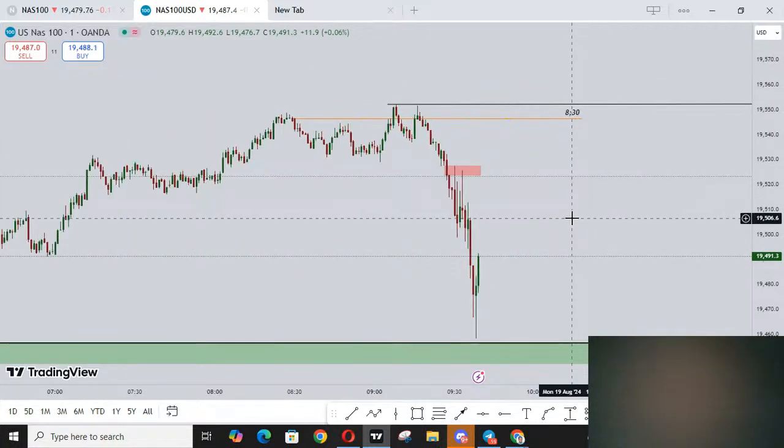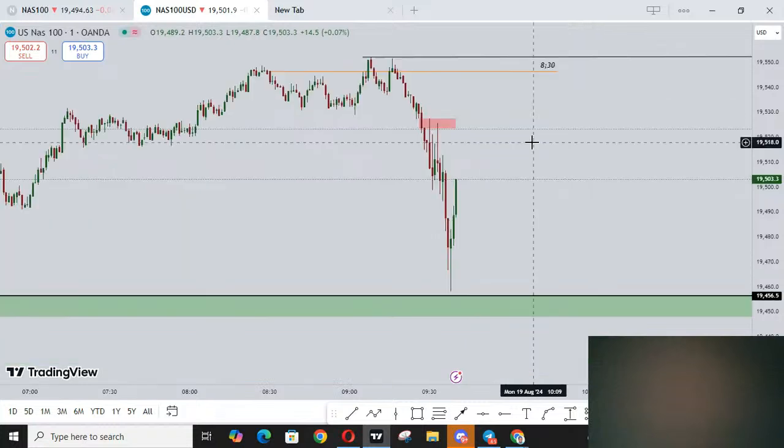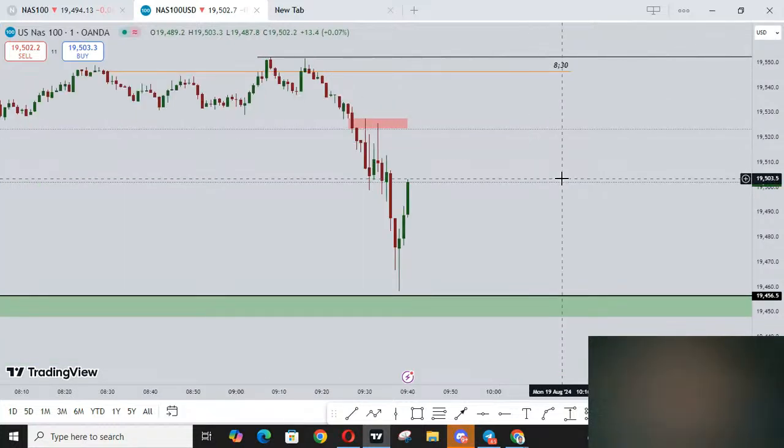Mark you, this is my model. Anyone who has known me for four years, Nasara Academy was created in 2020, late 2020 or 2021. Even if you check my Discord, you will see this is the model I've been trading for almost 4 years. And I'm very, very profitable trading this model on indices and trading other models. It's a very, very mechanical model that requires zero time frame bias.